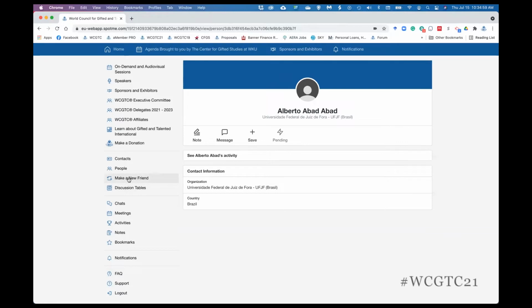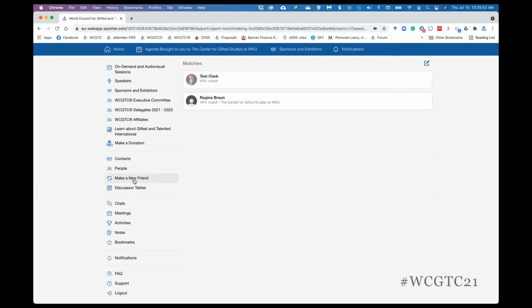We also have made a survey called Make a New Friend. When you first click this, you're going to see a survey that pops up with questions to answer. Then down at the bottom, you can submit it. This page will say, we are currently calculating your matches. After it has run, you'll see different people that have matched with you and the percentage that they've matched you. That can give you an idea of new contacts that you might want to follow up with or get to know a little better.